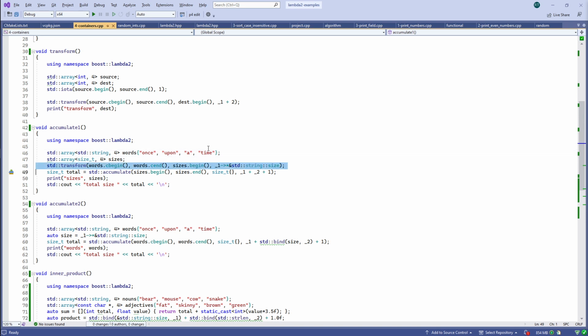So one way to do that is to walk over the container of words and call std string size on each element in the sequence of words to get a sequence of string sizes, and then I can accumulate all those string sizes. So the function supplied to accumulate takes 2 arguments. The first argument is